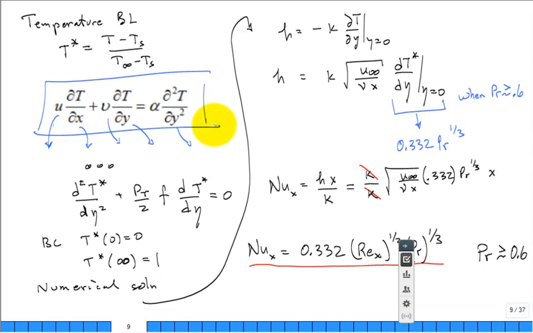It assumes incompressible, steady flow. There's no viscous dissipation term. All you have is the diffusion of heat through the temperature gradient, Fourier's law, and the advection of energy, the convection. Okay, you cast it in dimensionless terms, and when you see three dots like that, you can just think of